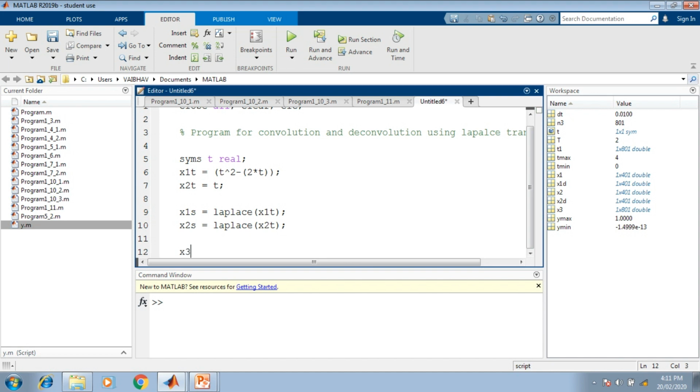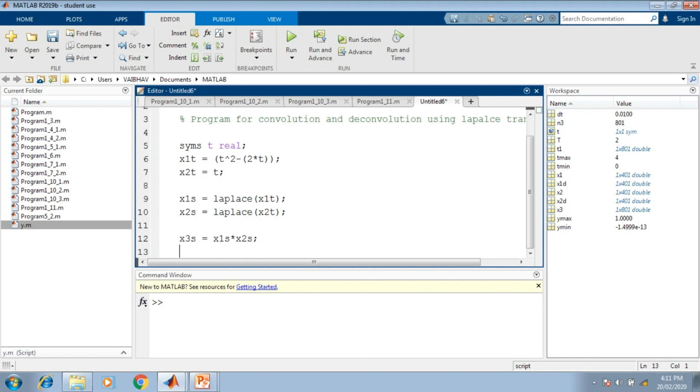The result of the convolution in the Laplace or transform domain we can hold in the variable x3s. To obtain x3s we multiply x1s with x2s, with the asterisk operation between the two transformed versions. After that, to hold the convolution we have to get back to the time domain.